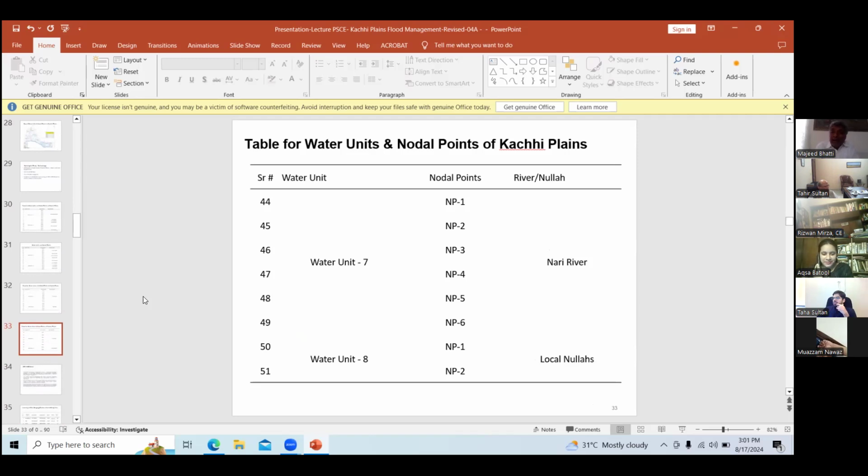But why, how did they select these nodal points?